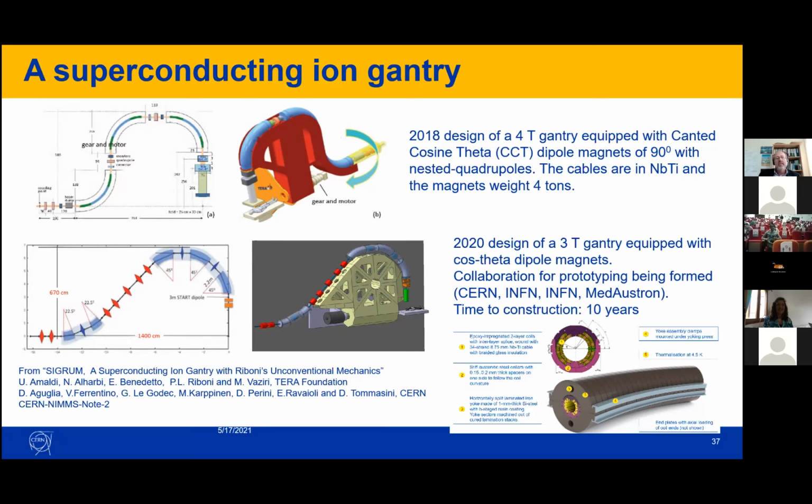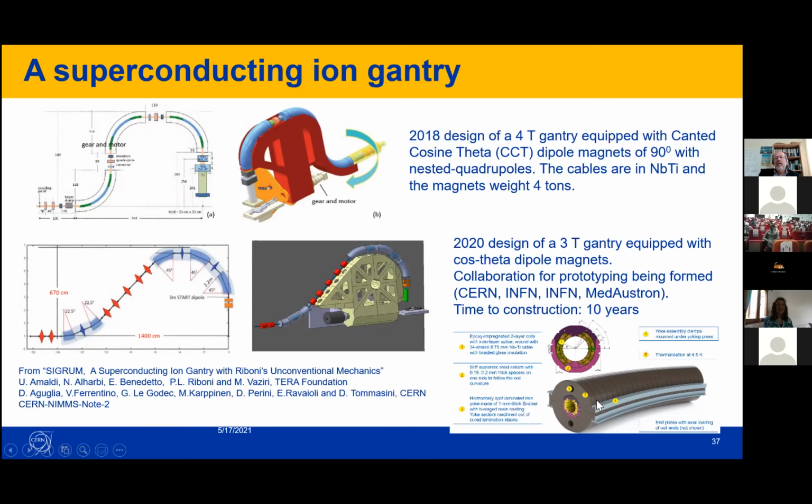the design is in progress of a version of gantry that uses magnets of a more conventional cosine theta type, like those of the LHC and other accelerators, which is a bit bigger because the field is only 3 Tesla instead of 4, but still it's less than 7 meters, the radius of this gantry, and you see here how it can look like. And this is meant to be produced in about 10 years,